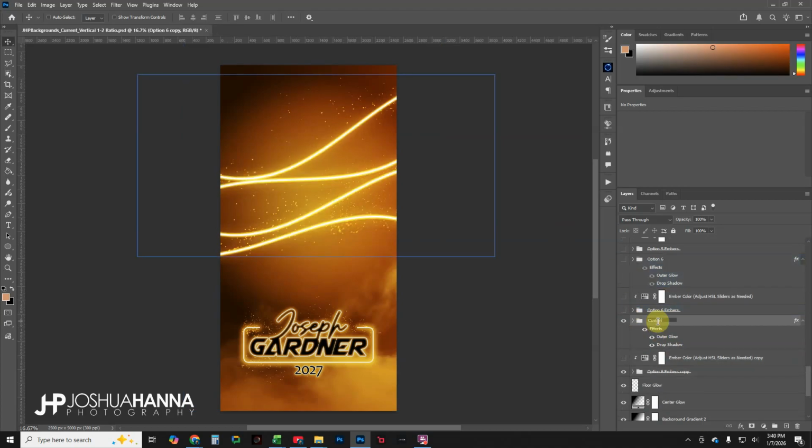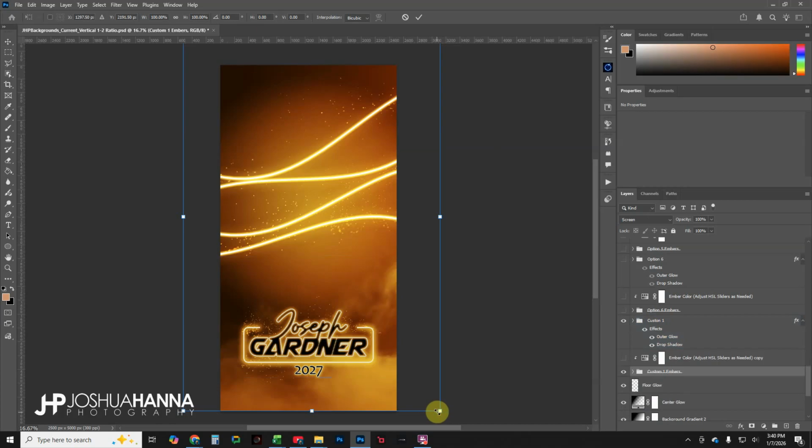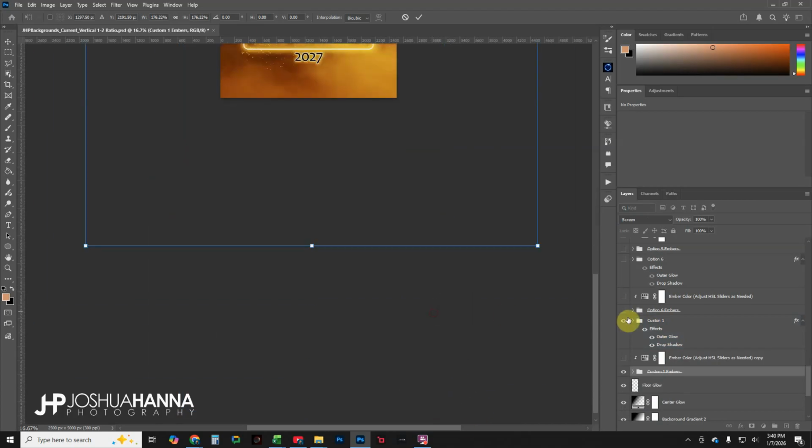And you could rename these. You could say custom 1, right? And then just to keep track, custom 1 embers. So you could make your own, and the reason these are independently layered is because if you wanted to resize these, let's say we wanted to make those a lot bigger,